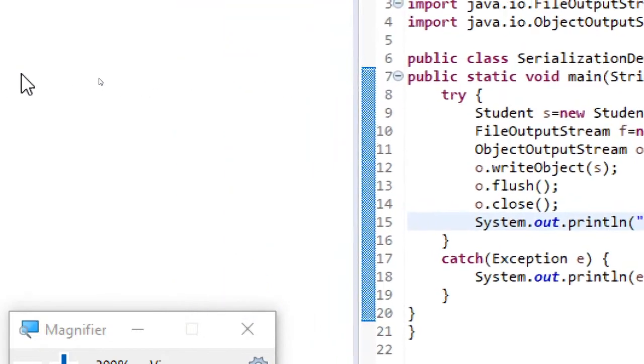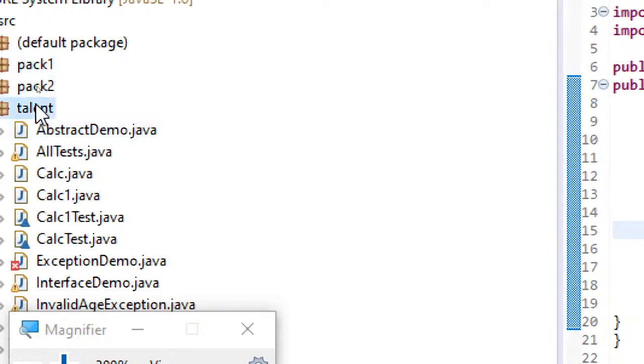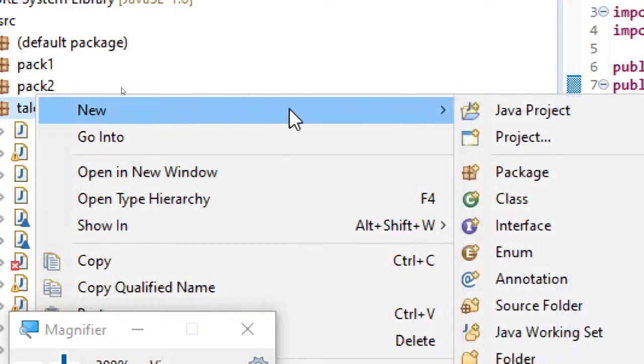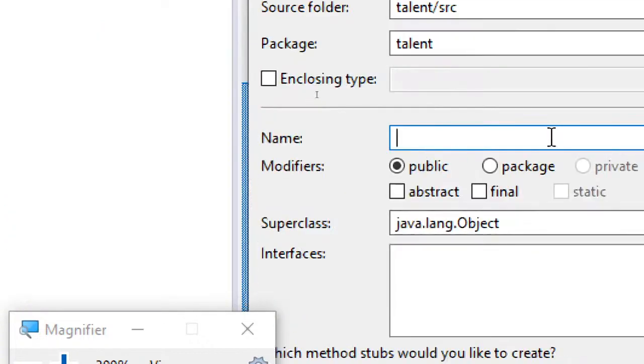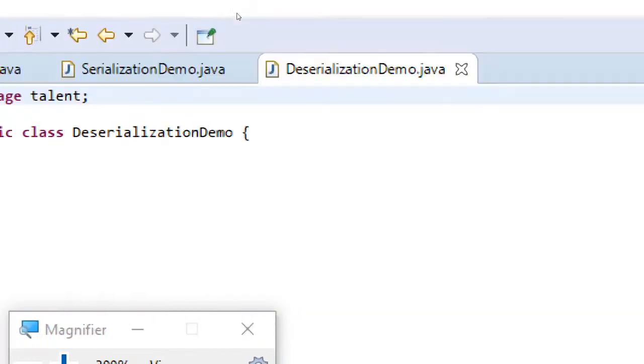Now what I'll do is, let's create one more class to perform deserialization. Deserialization demo. So I'm creating another class for performing this deserialization.